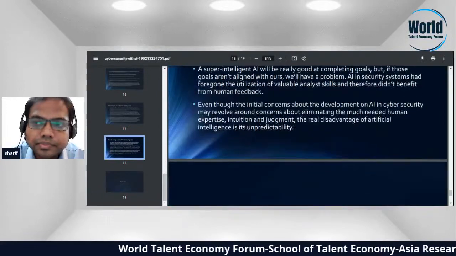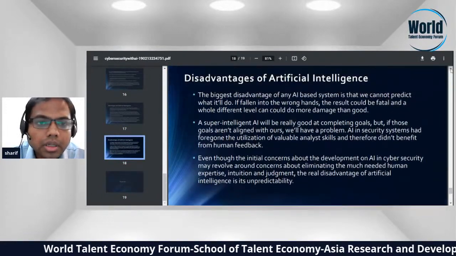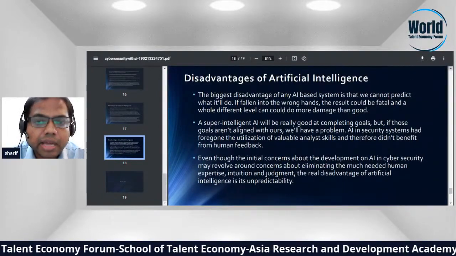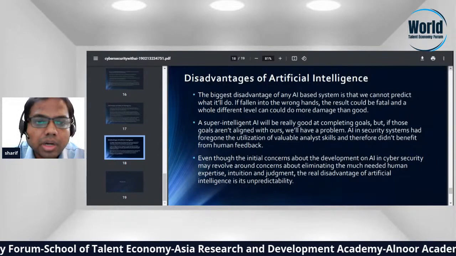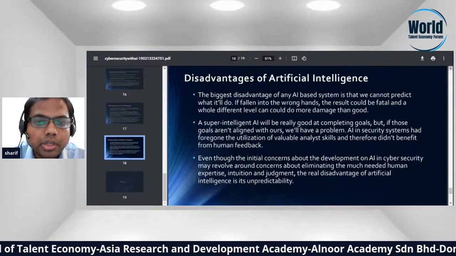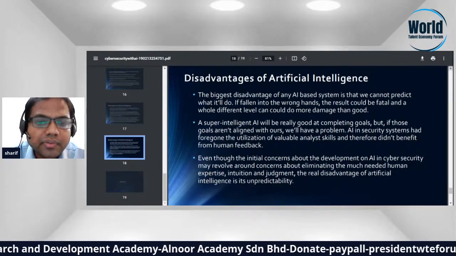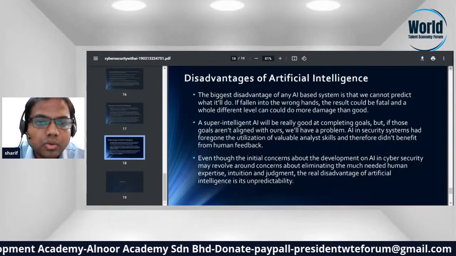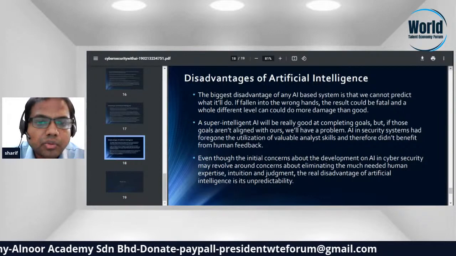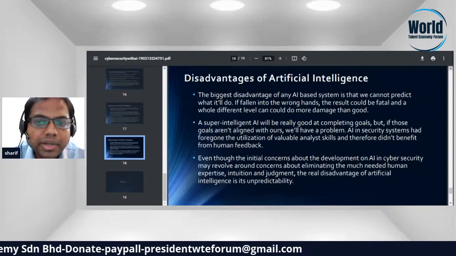Disadvantages. The biggest disadvantage of any AI-based system is that we cannot predict what it will do. If it falls into the wrong hands, the result could be fatal, and it could do more damage than good. A super intelligent AI will be really good at completing goals, but if the goals are not aligned with ours,